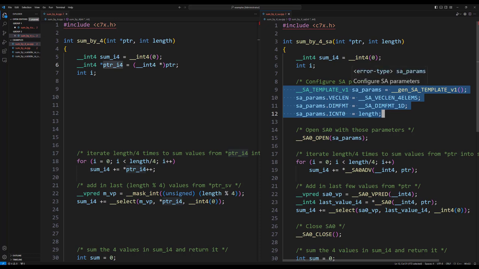We have not said which of the SAs we're going to use. Now remember, there's 4 of them, and they're named SA0, SA1, SA2, SA3. And so when you open one is when you say which one you're using, and here's the function called SA0 open. That 0 right there is how you indicate which of the 4 SAs you're using.